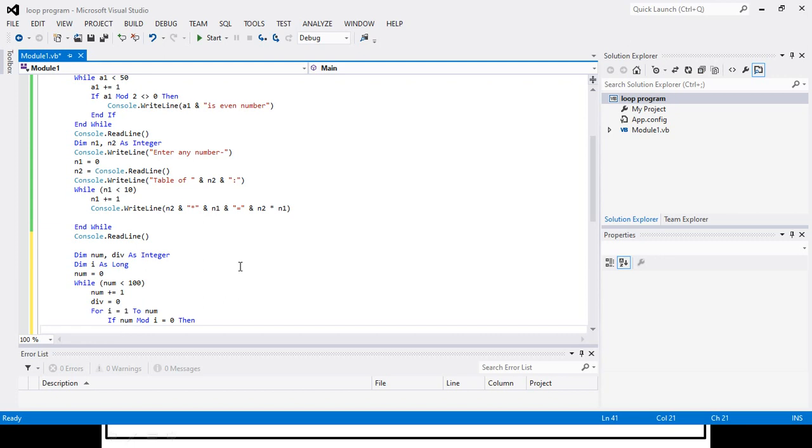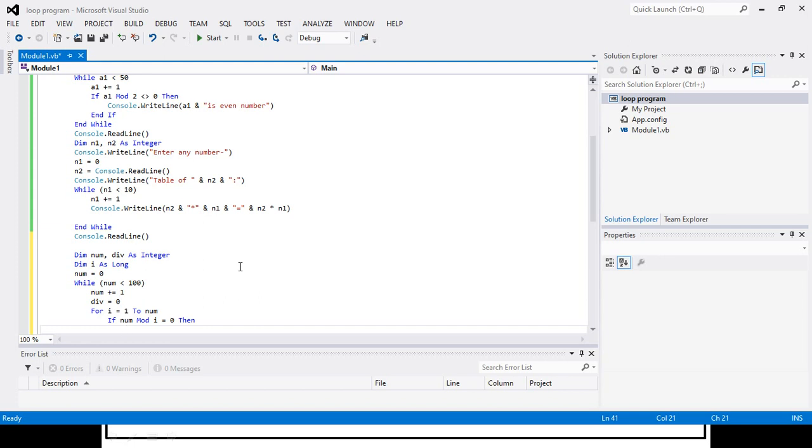Now see, what I know is that a prime number is a number which is divisible by itself and by 1. So when it is divisible by 1 and the number itself, its remainder will be 0. So I will count how many times the remainder is 0. For that I have used a for loop to count how many times the number is completely divisible by another number.